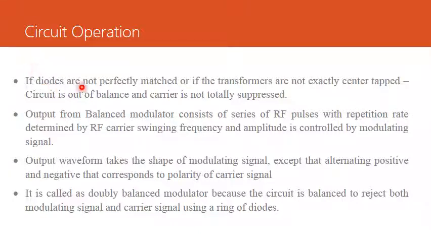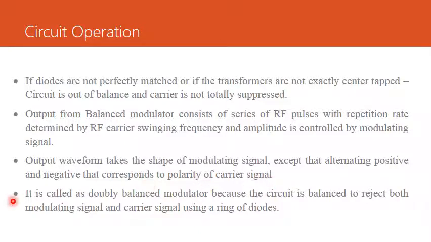So if the diodes are not perfectly matched, or if the transformer is not exactly center tapped, the circuit is out of balance and the carrier is not totally suppressed. The output from the balanced modulator consists of a series of RF pulses with repetition rate determined by the RF carrier switching frequency, and amplitude is controlled by the modulating signal. The output waveform takes the shape of the modulating signal, except for alternating positive and negative polarities that correspond to the polarity of the